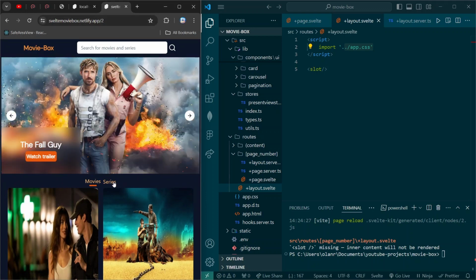So essentially the toggle buttons and the carousel are a shared layout that are the same no matter what the dynamic parameter is. The carousel and the toggle are still going to be the same. Hence, there's no need for them to be in